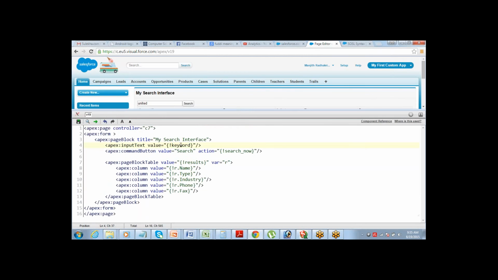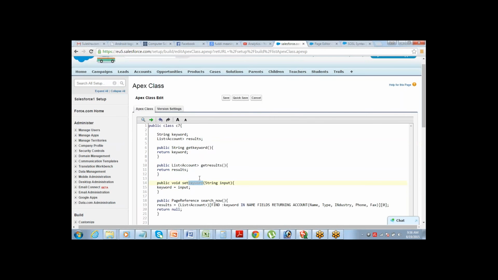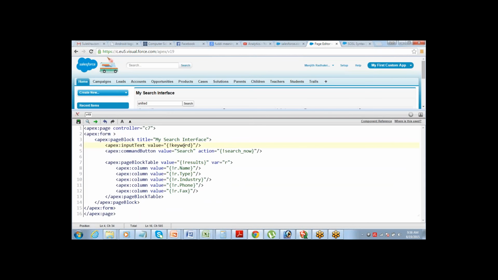Salesforce has designed it in such a way that when you're defining a set method, you don't have to use the set word here. Anything which is a part of the name after set needs to be called there. So it's set keyword. If it was setABC, then you should have called ABC here instead of keyword. Got it?